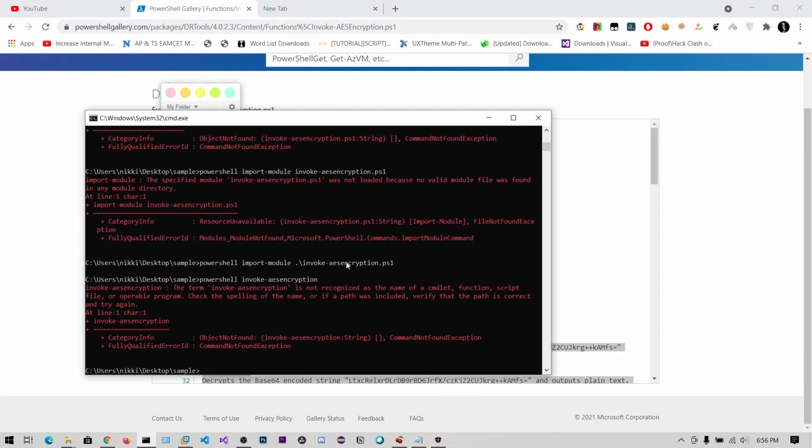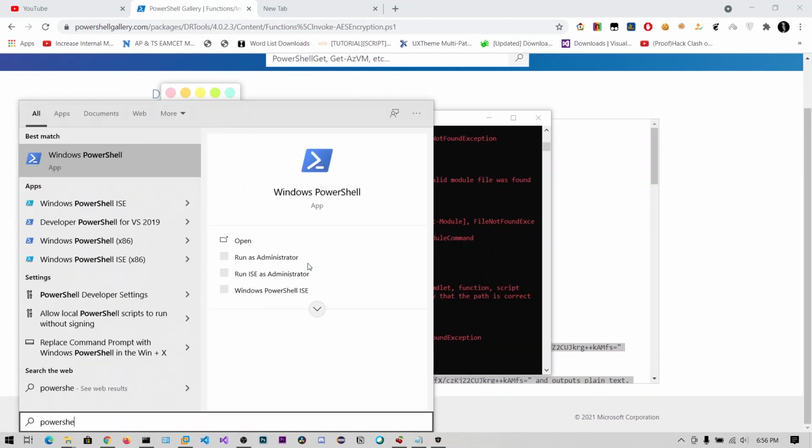So I think this script cannot be used in the command prompt. I don't know why it's not recognized. We have imported it. So let's try in the PowerShell.